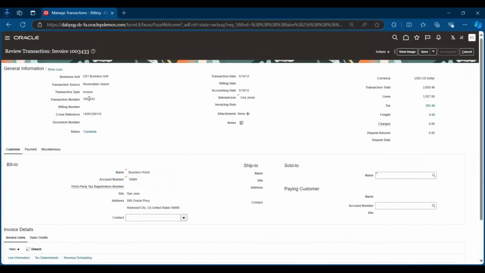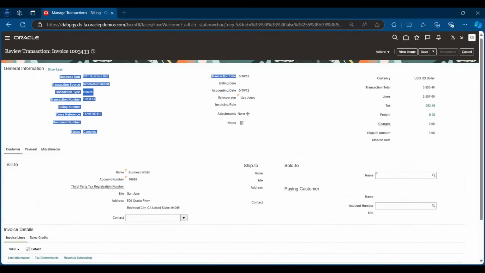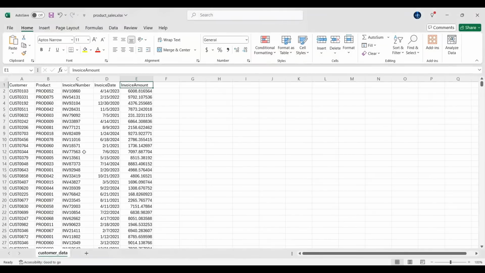You know all that. This is the invoice number, the transaction number. The invoice date is definitely the date of the invoice, the transaction date. And the invoice amount is whatever the invoice amount is, which is this. So we can write a query or get a dump from Oracle and export something like